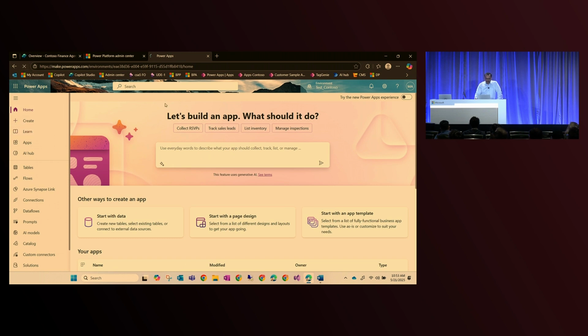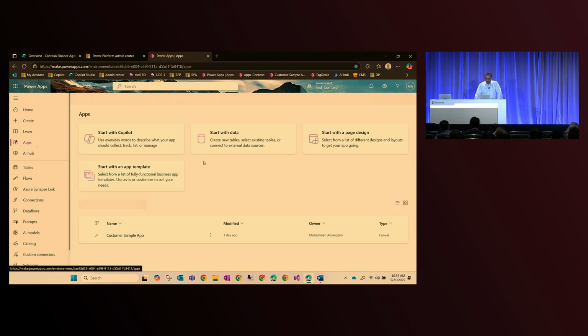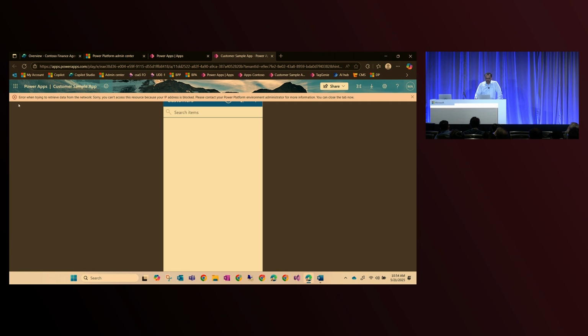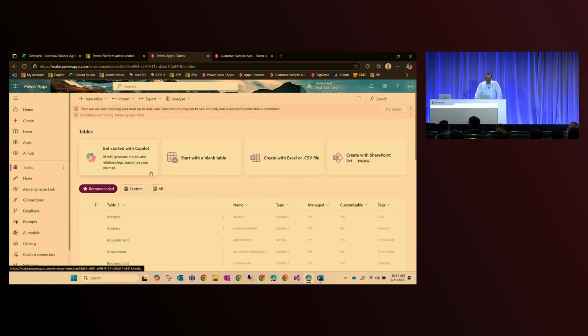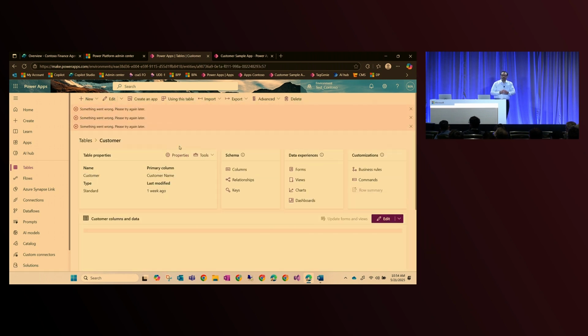If we go back to our environment and I try to go to my application, you see the application which was accessible before was blocked due to the IP. Again, if I try to open any table or something, you see the warning start appearing. It will not allow me to go through any data access to the table. This feature is useful to make sure there is no data exfiltration or data leaks, for example, nobody can export the data out from unauthorized locations.